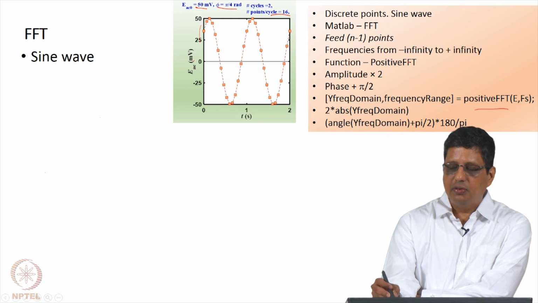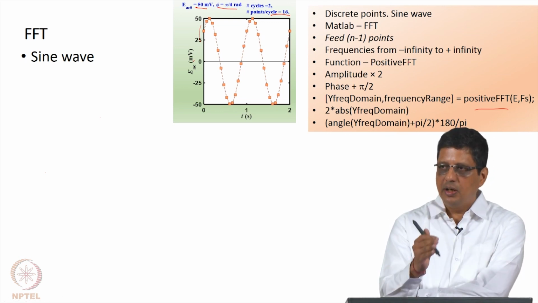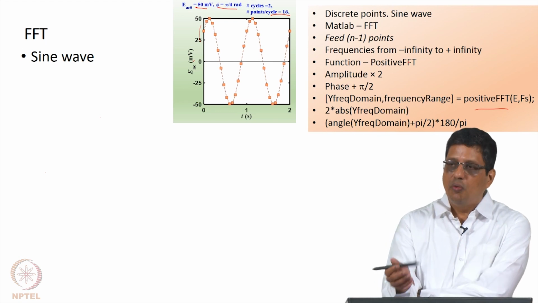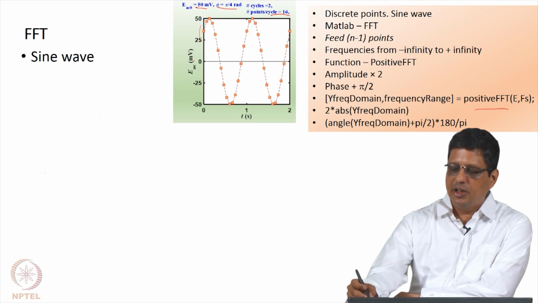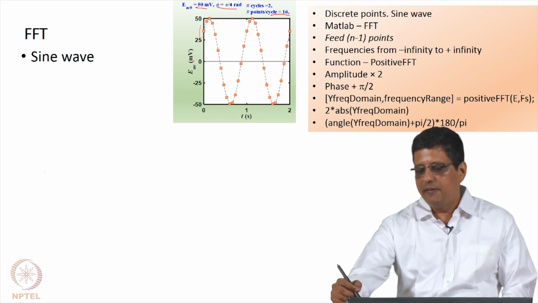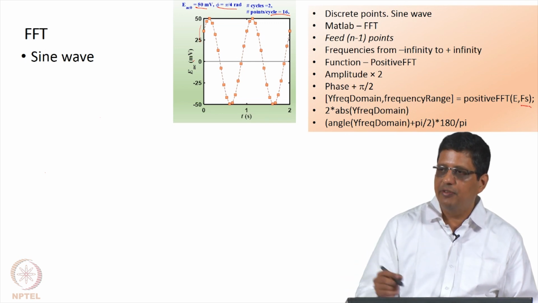And because of the way that works, because it cuts off the frequencies from minus infinity to plus infinity, we are wrapping it and getting from 0 to plus whatever value of amplitude you get, you have to multiply by 2. So, this is the command we have used here. E is the vector, we do not give a time vector, we just say this is the sampling frequency.